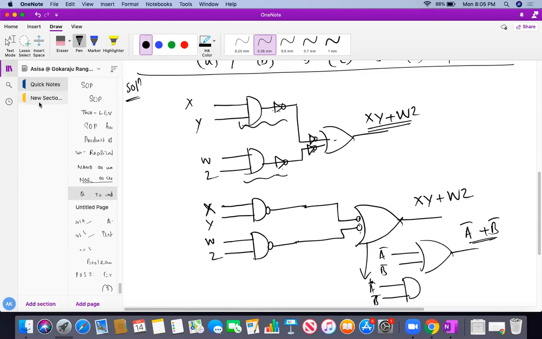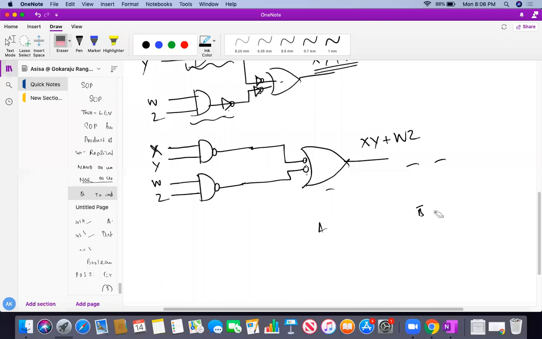Please try to understand. This is my A, B, and I have put a NOT gate over here, so obviously this will be my bar. Can it be written down like this, A bar or B bar whole bar? Sorry, I have made a mistake here. So instead of doing this, you can directly do that.